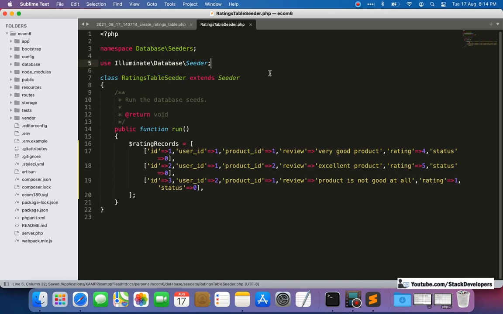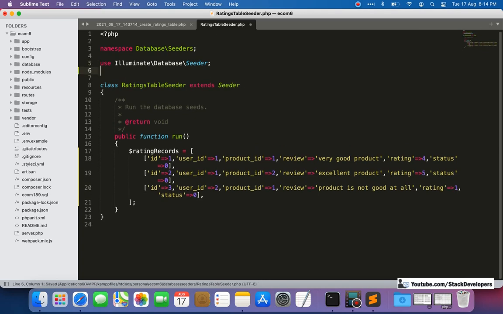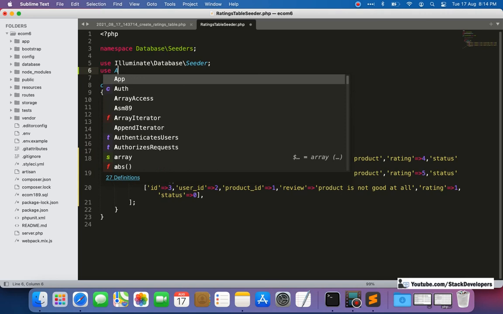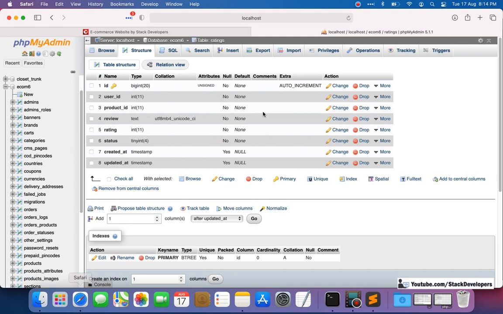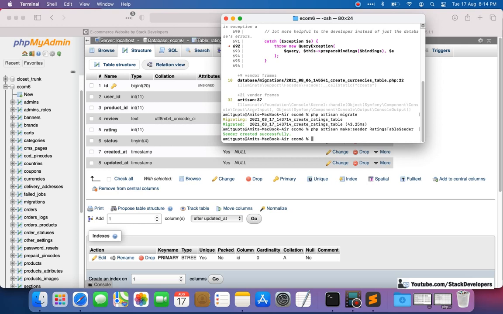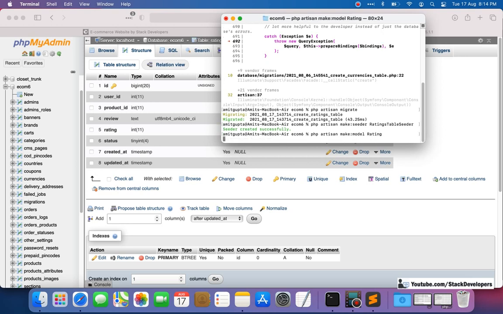So here a few things we need to attach. The Rating model first, use App. We need to create the model first. We already have the table, so we need to create the model. So let's create one model here: php artisan make:model Rating.